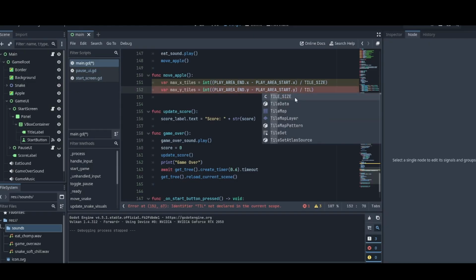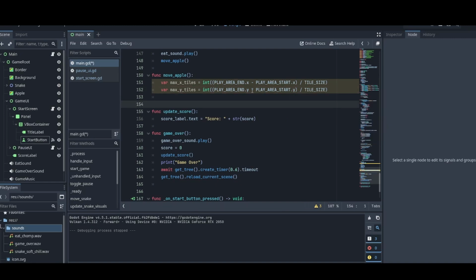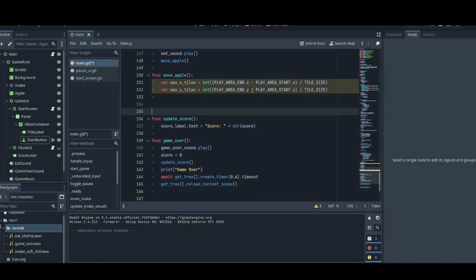tile size. Here we are using real play area size, not using border size directly, respecting UI offset automatically. Let's generate random grid position. Now we generate a random position aligned to the grid, where